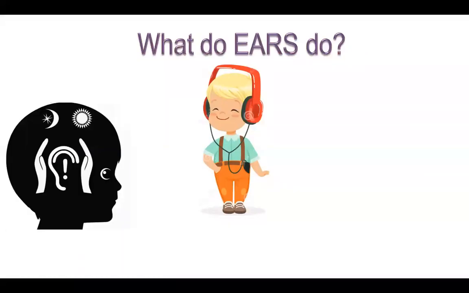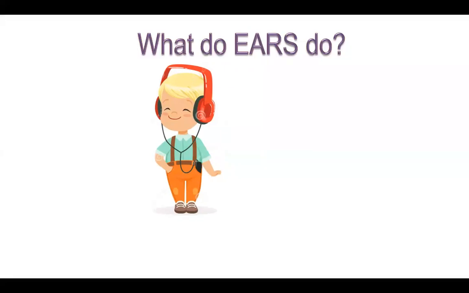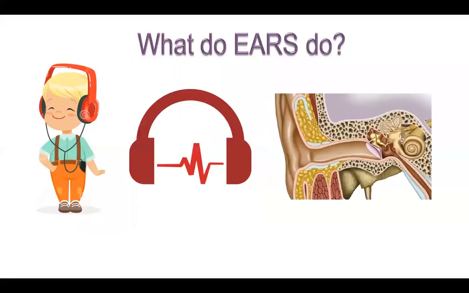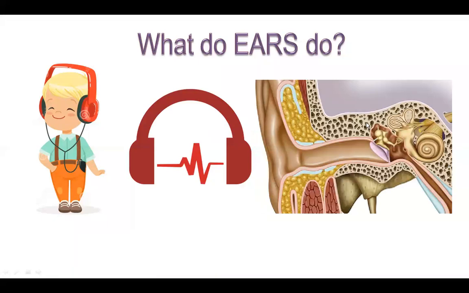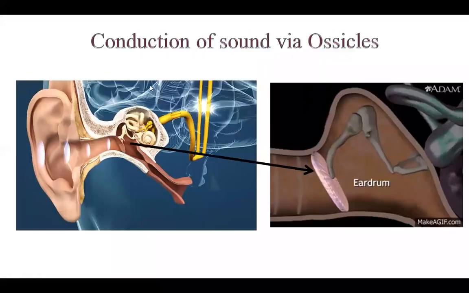Last time we had seen what is the function of ear. Along with balance, the job of ears is hearing. And all these structures play a very important role in conduction of sound via the auricle, via the external auditory meatus, which will hit the tympanic membrane. So this is how we had seen last time how the conduction of sound would occur via ossicles. Once the sound waves strike the tympanic membrane, the ossicles move in an orderly fashion and the footplate of stapes would hit the oval window.